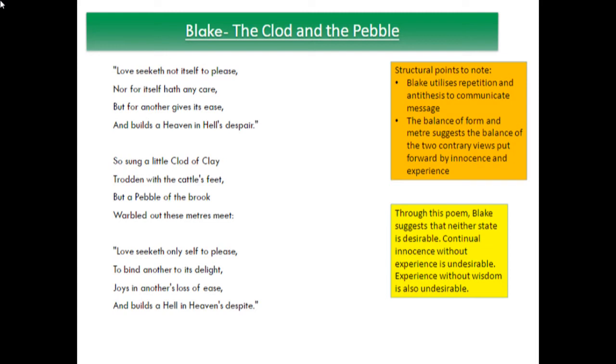And I suppose because the centre is the dilemma, it's the moment where you go, who am I with here? Am I with the Clod? Am I with the Pebble? Because they seem in the centre to be jousting for attention. You have the Clod singing, it's trod, and then the Pebble takes over. What did we say about experience? We said that experience always seeks to dominate, and that literally happens in this poem. The Pebble dominates the Clod. We end with the Pebble, it cuts off the Clod's song. Experience always seeks to dominate innocence.